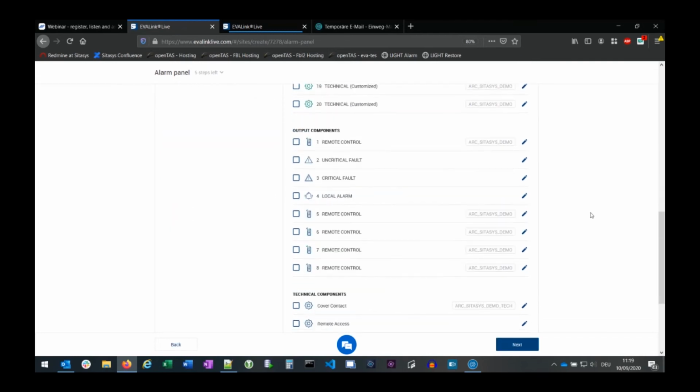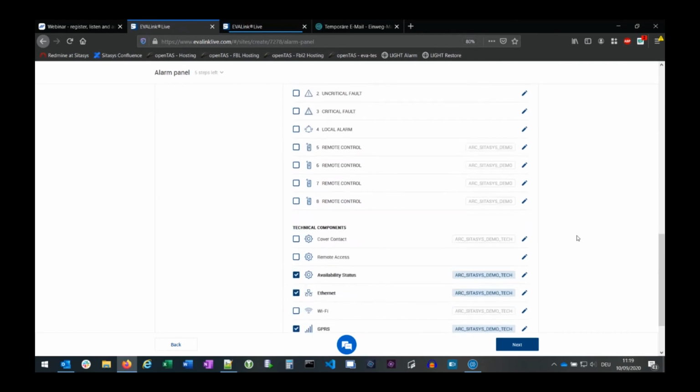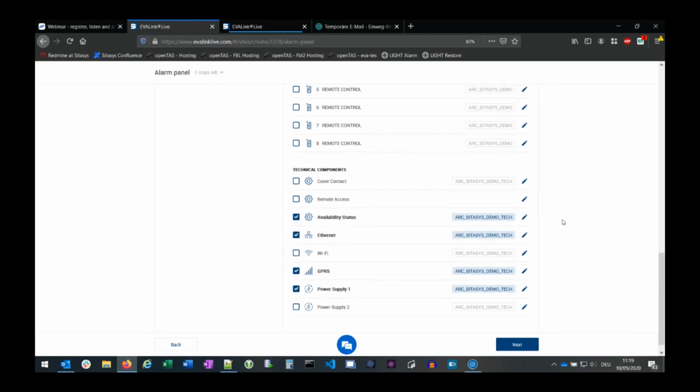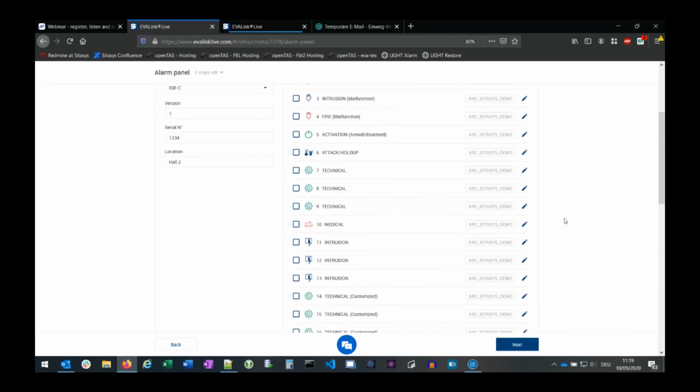Then you can configure output components. I do not do that in this demonstration. And at the bottom, you see the technical components like cover contact, Ethernet, GPRS, and so on. Here I leave the default selection. In most cases, this is the right selection, but please